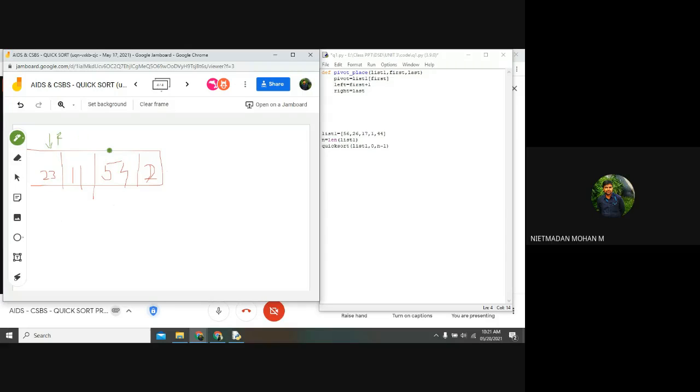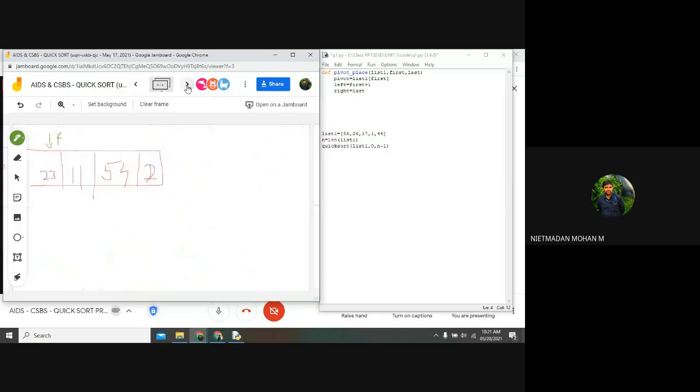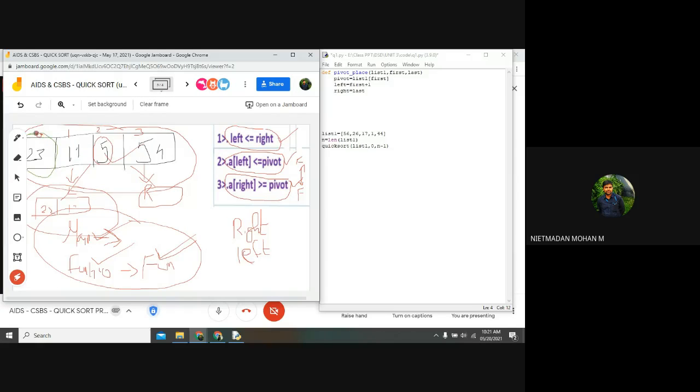Sir, how to identify the pivot value? If you are taking the pivot value, that is the thing I have told you, you want to decide first itself whether I want to go with the first number or the last number. The programming will be the same, only some of the conditions will change. That I will tell you, how to assign the pivot value as the last number. You want to identify whether it is the first value or the last value before the program. In this condition, I have taken the first number as my pivot value.